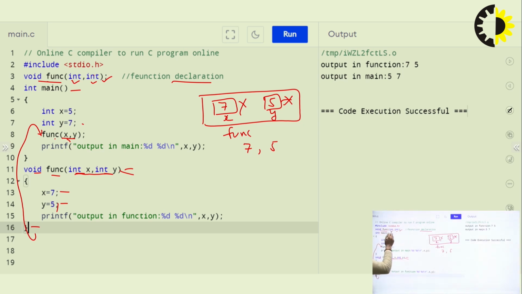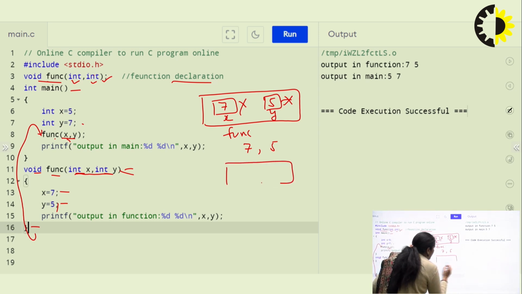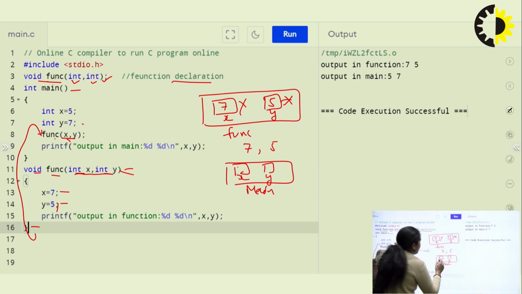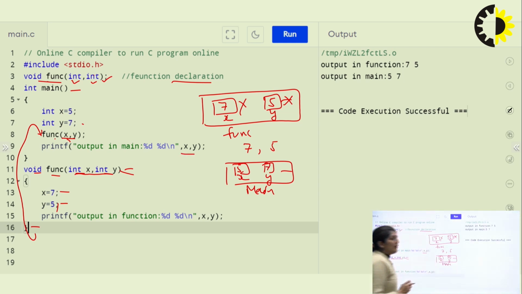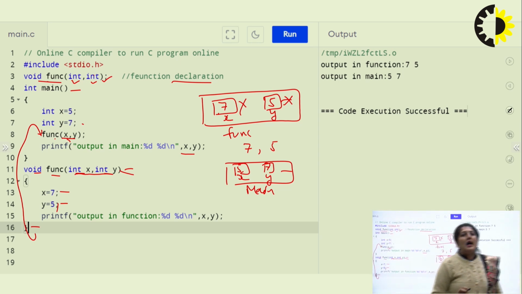As I move to the main function, the value of x is 5 and y is 7, and I am printing the values of x and y. So the value will not be changed. So using call by value, our values don't change when we go back into the main function.